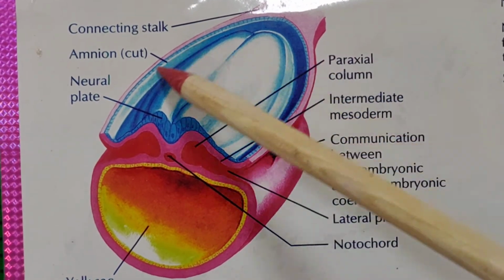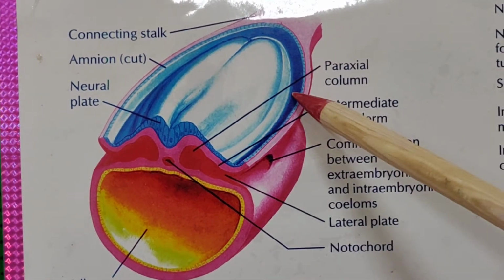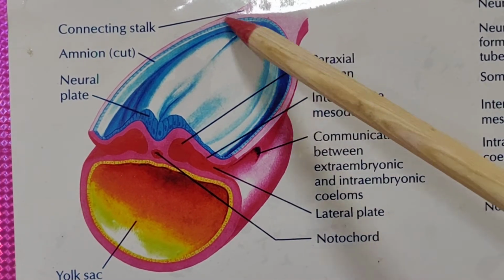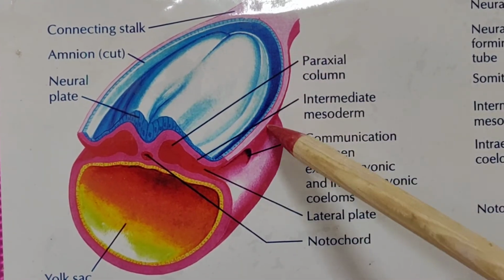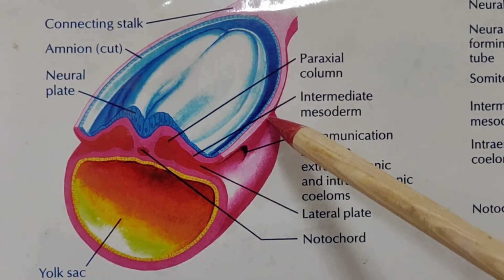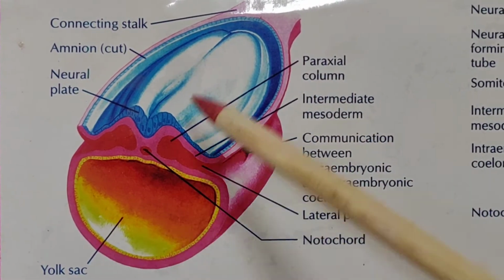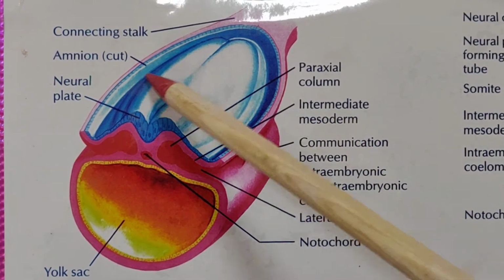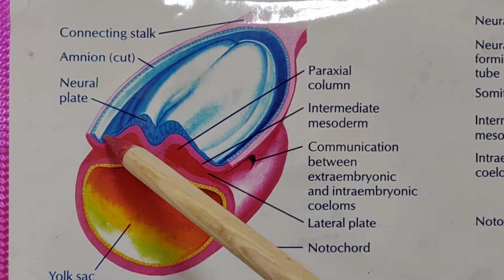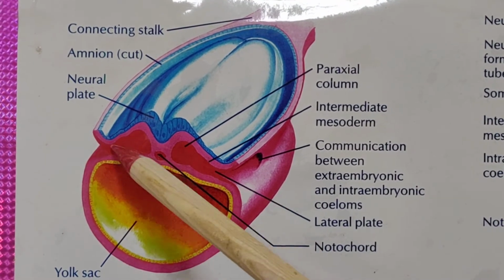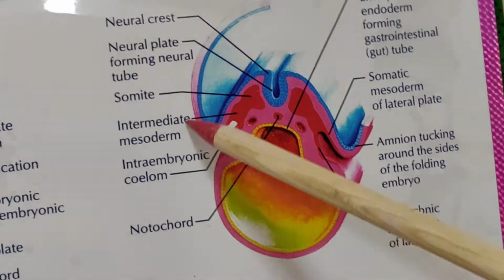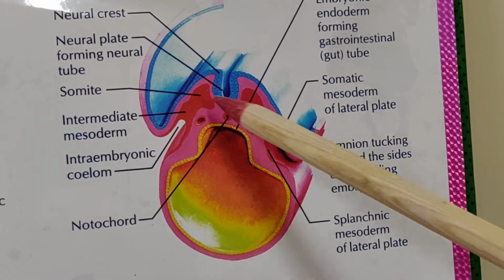Now in this diagram, in this chart we see this is the yolk sac, and this blue structure is the amniotic cavity. We have already discussed this diagram in the general embryology class. So there are two cavities: the amniotic cavity, in blue, is ectodermal, while this is the yolk sac, with an endodermal lining.